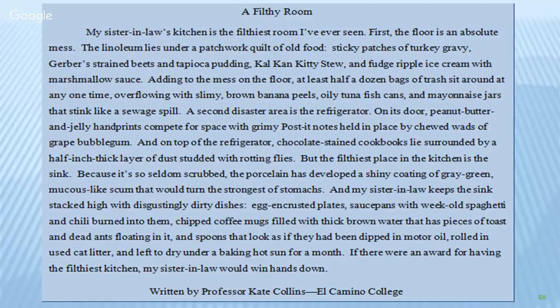A second disaster is the refrigerator. On its door, peanut butter and jelly handprints compete for space with grimy post-it notes held in place by chewed wads of grape bubblegum. So you can imagine the refrigerator door, there are a lot of notes on it,